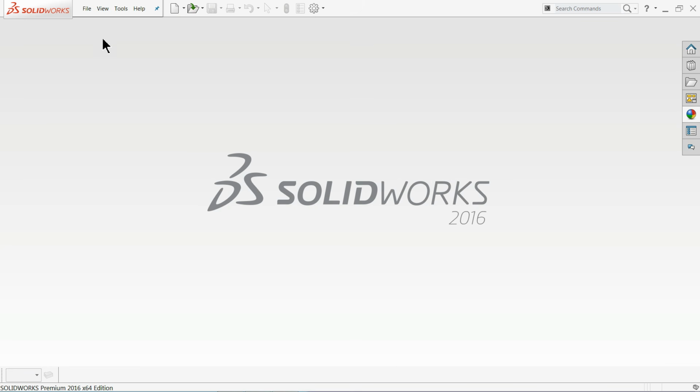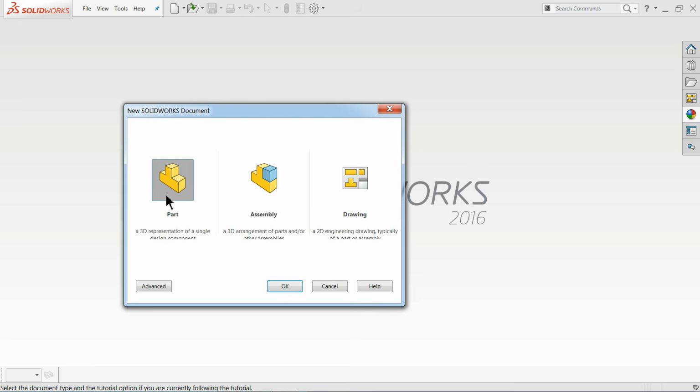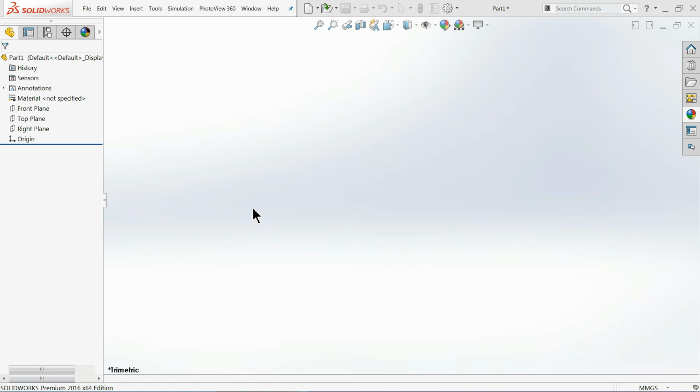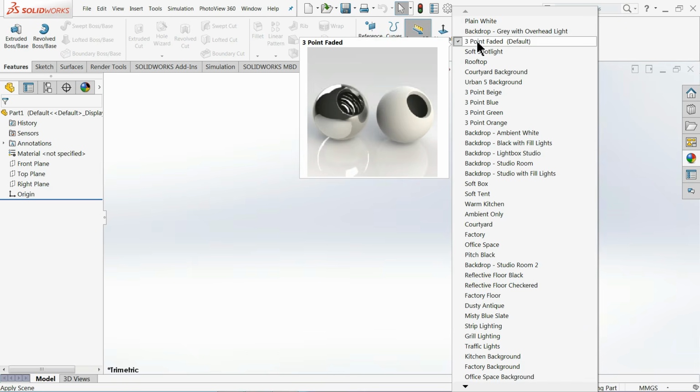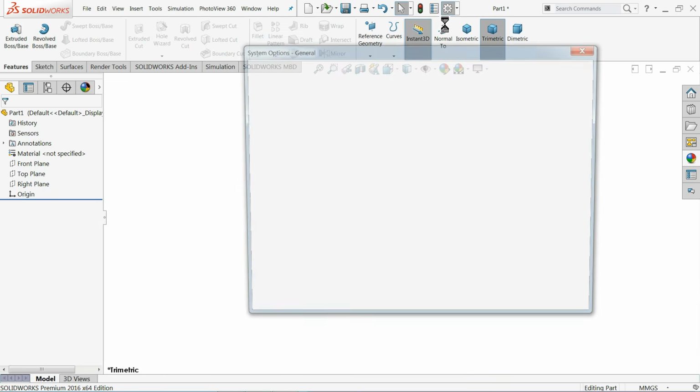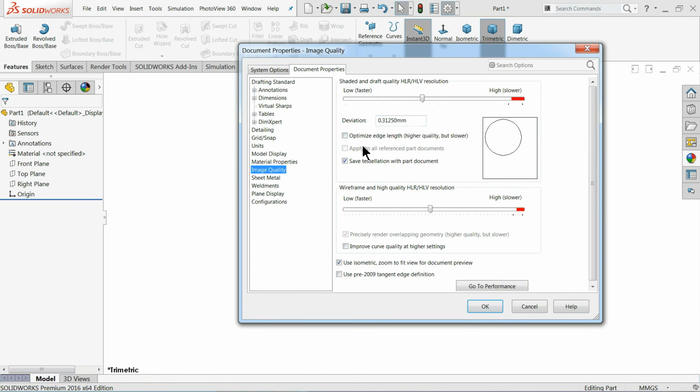Now let me start here. Go to File, New, and here we will select Part. Okay. Now we are in the Solidworks interface. Oh, the system is very slow. Let me choose plain white, and image quality also let's keep higher. Okay,